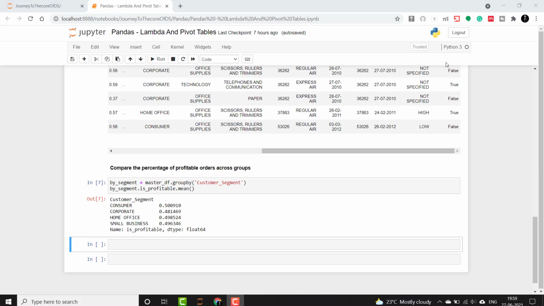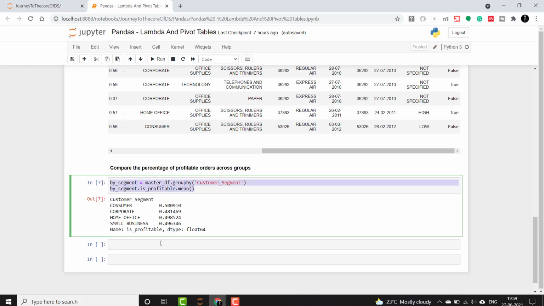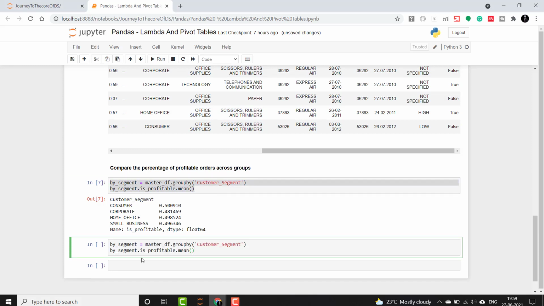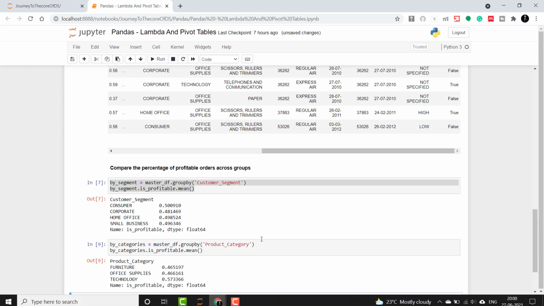Now let's say that we want to compare the percentage of profitable orders across product categories. For this we just need to change the group by to product categories, and we will name it by_categories.